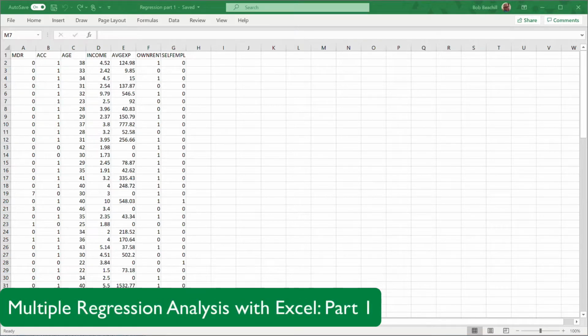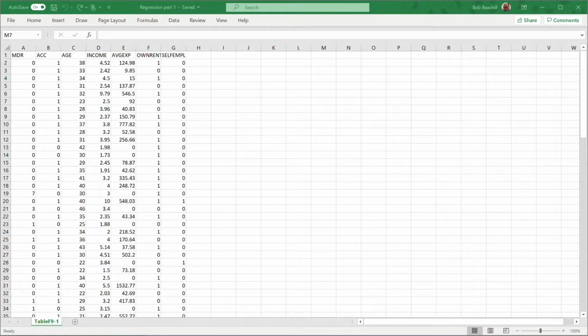So here's the data that we're going to be using. It's the same data I used in the first regression video using R. It's some cross-section data, taken from an example in the book by Greene on econometric analysis. And we're going to estimate an equation, run a regression with average expenditure as our